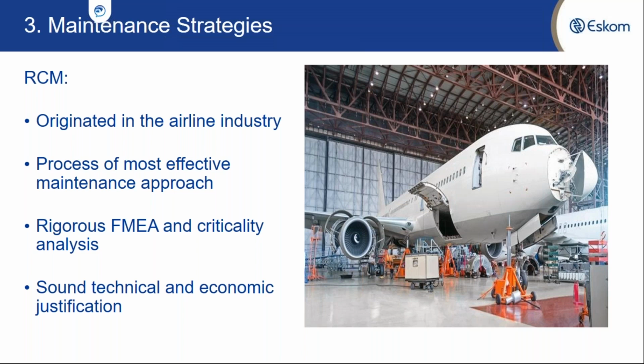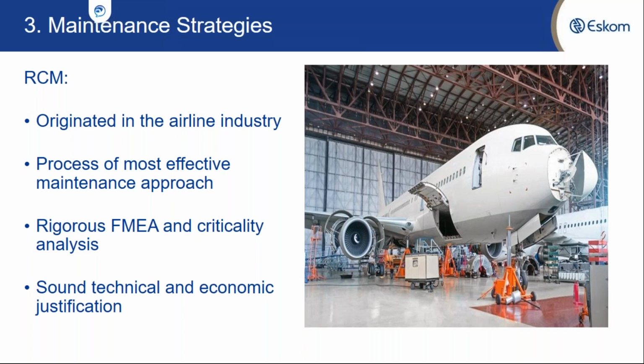If you look at the previous approaches I've indicated, starting with run to failure, up to the cognitive way of doing maintenance, RCM is saying there is no one right way. You need to look at the failure and its impact and customize what needs to be